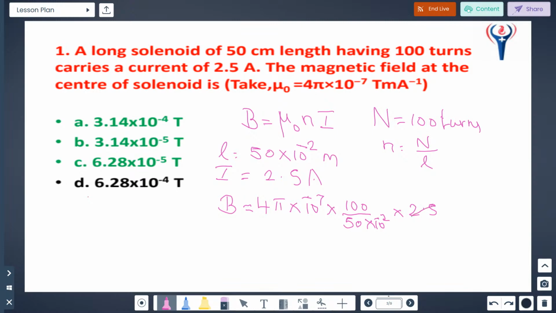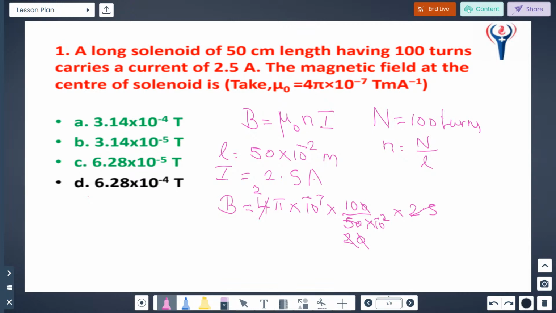So directly we can cancel like this. This is 20 times. And this 0 getting cancelled. And this 2. So 2 pi into